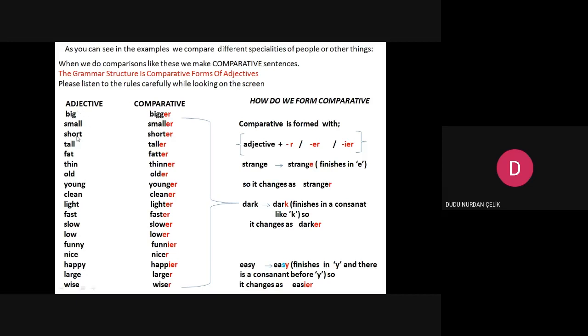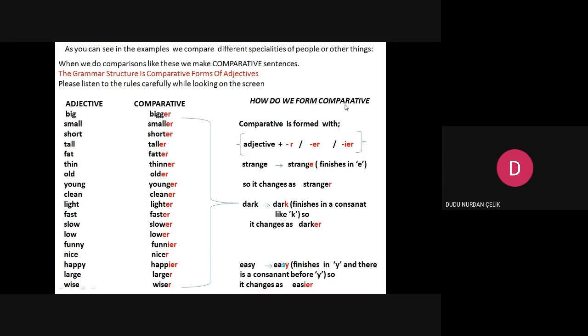We have got some adjectives here. Adjectives, just adjectives. But here we have got comparative forms of adjectives. Because they are comparative, we have got some additions. Look here.